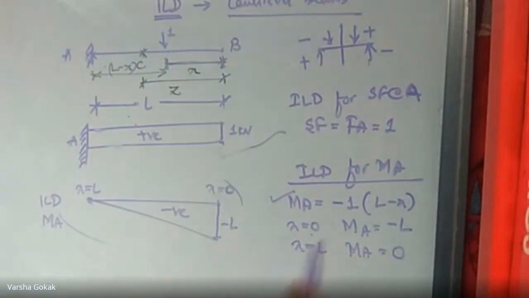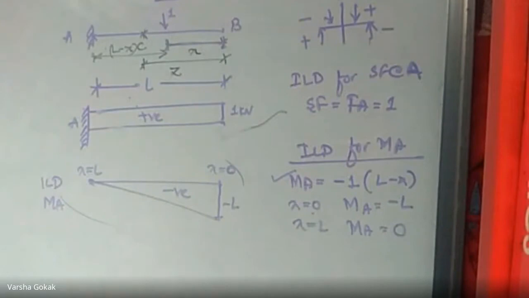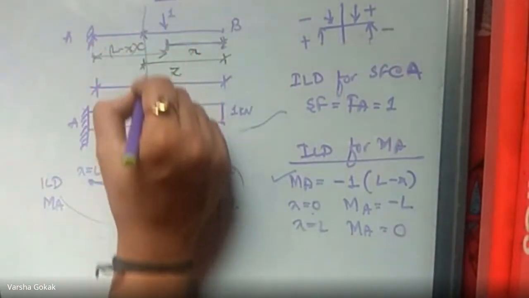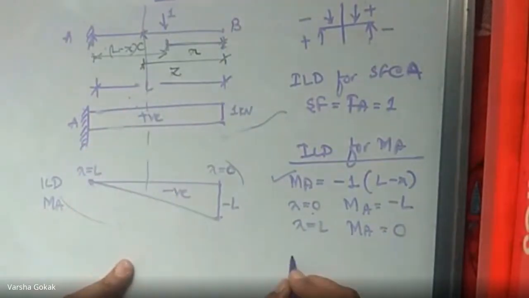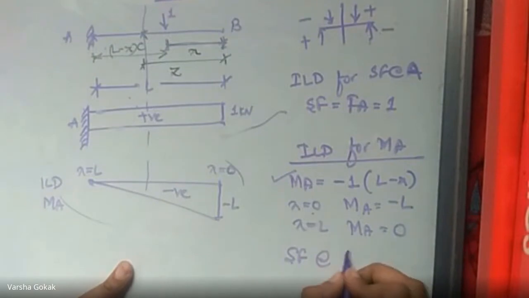Okay, next. So we drew a shear force and a moment at A point. Right. And next, let us try for shear force and bending moment at point C. This is the point C. I have to draw it this point. So I'll write next shear force at C, point C.